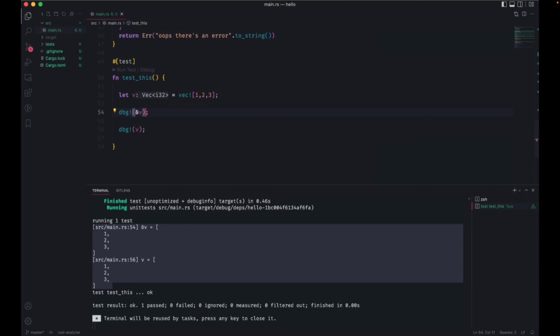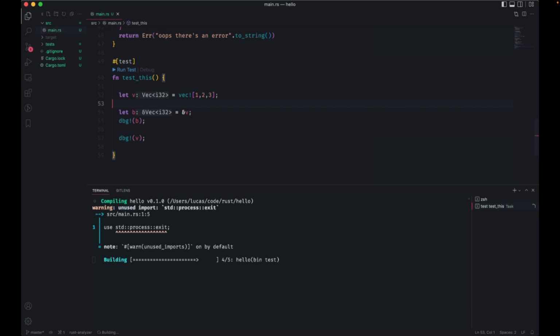And what this means is, let's do this differently. Let B for borrowed equal this. And so now this will run again.